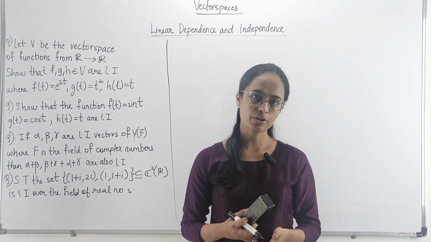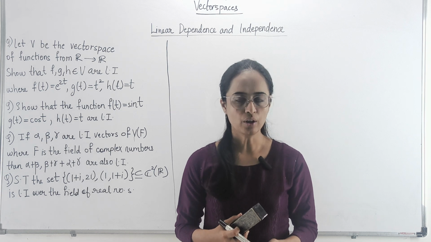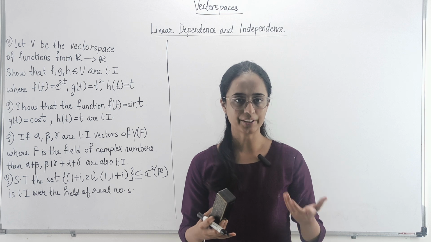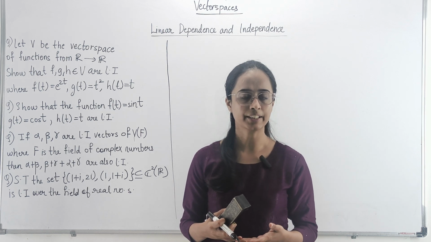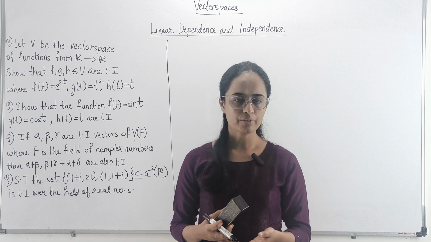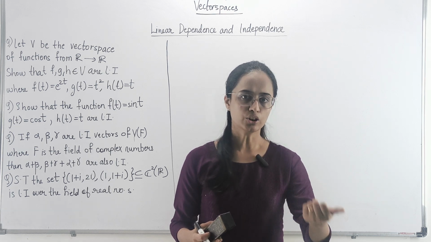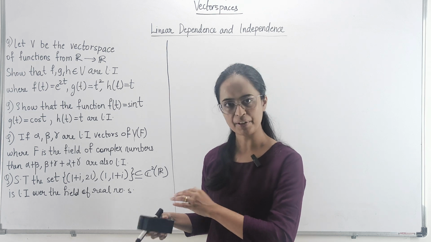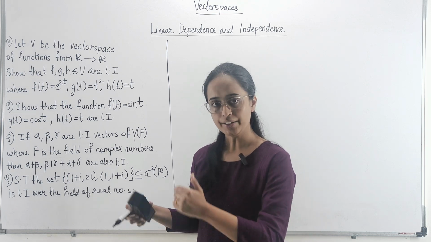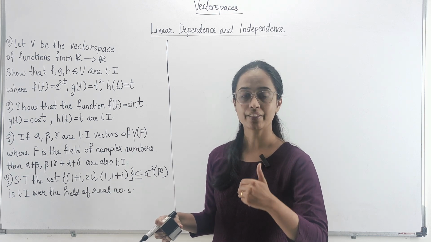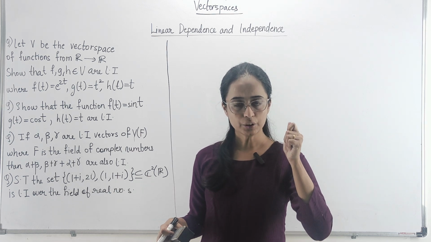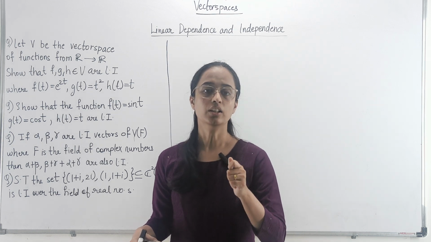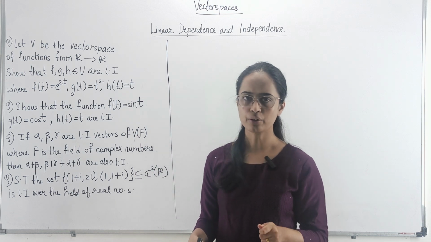But let's say कि you have a question जहाँ पे you have to find out whether the given set of functions is linearly independent or not. In that case, if somewhere down the line while you're solving, if you get the scalars non-zero, तो फिर आप conclude कर सकते हो कि वो linearly dependent है. But यहाँ पे the question is asking us to show that the set is linearly independent. In that case, it is necessary to show कि जो scalars हम लोग लेते हैं corresponding to each function should turn out to be equal to 0. So how are you going to do that?